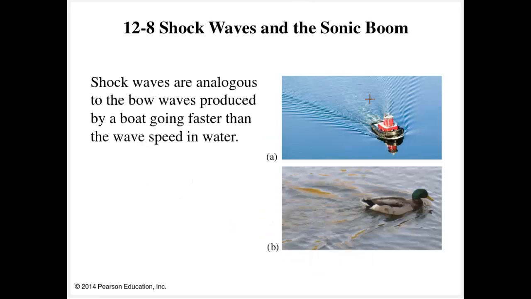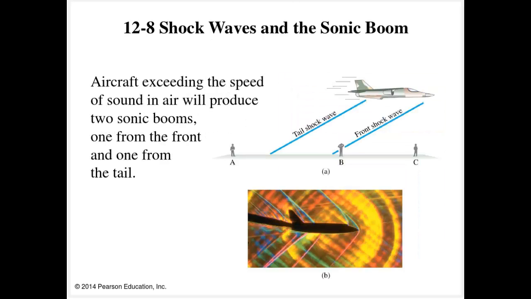It looks very similar to the waves that are produced by a boat that's going faster than the wave speed in the water. You can kind of see the bow wave going off here. It looks very similar to the shape of the shock waves coming off of the tail of an aircraft. Aircraft that are exceeding the speed of sound are going to produce two shock waves, or at least two. You're going to get a shock wave right here from the front of the aircraft. You're going to get one here from the tail of the aircraft, and you're actually going to get some coming off of the wings of the aircraft. Anywhere where we can get a pile up